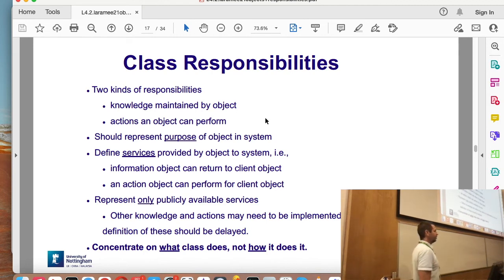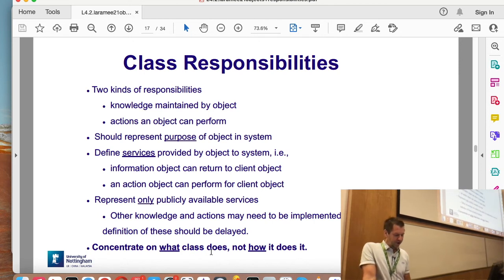Getters and setters, right? You're all familiar with getters and setters, or what are those called? Accessor methods. And they represent only the publicly available services, so public methods. You never really want to have public data. I won't use the word never, but as a general rule, by default, you don't want public data. You have to have a good reason.